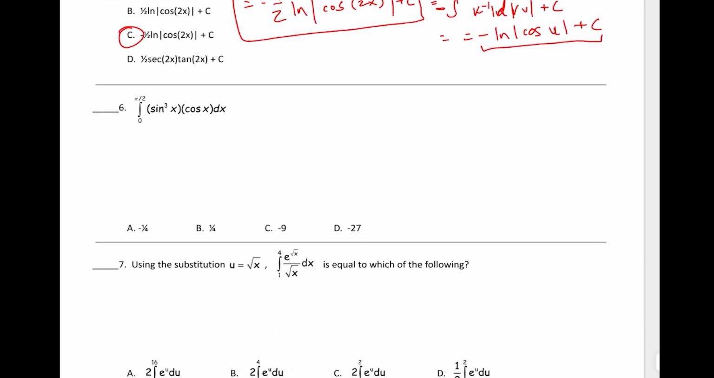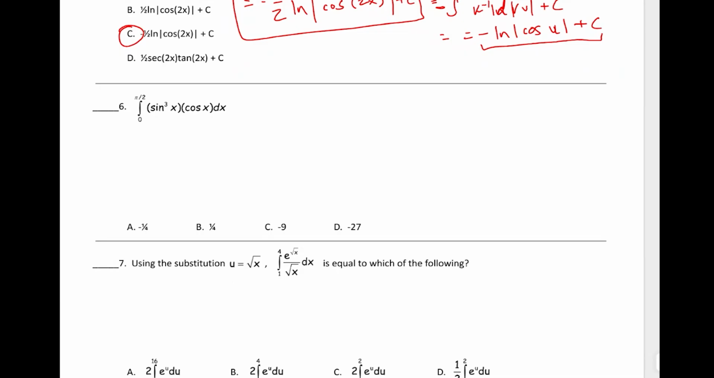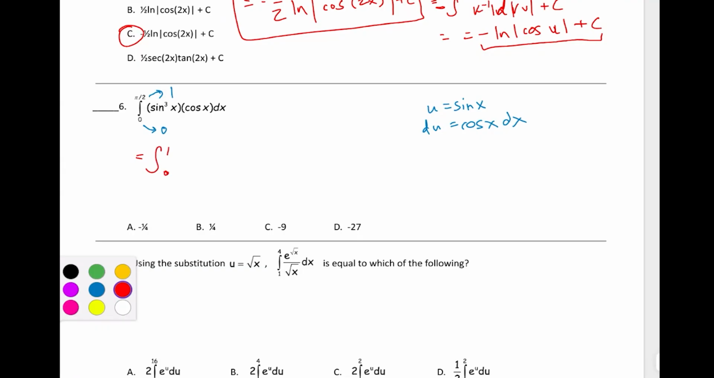Okay, number 6, we've got a definite integral. And for this definite integral, we're going to let u be sine x. And in that case, du would be cosine x dx. The other thing we have to worry about are these endpoints, right? These partitions of the interval that we're trying to find the area underneath. So sine of pi over 2 is 1, and sine of 0 is 0. So this will equal the integral from 0 to 1